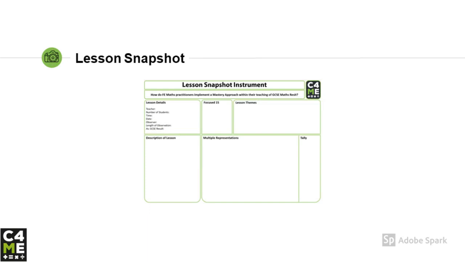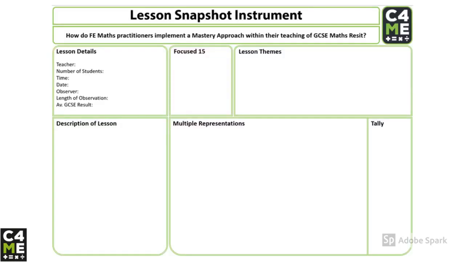Methodology-wise, one thing that we will be taking forward most definitely is the work that we've done on our lesson snapshot. To make sure that any observations that happen when we're gathering data are consistent, the lesson snapshot instrument is used by anybody within the research group who's doing an observation. Data can be collected digitally on an iPad or a Surface, or on a clipboard with a pen and pencil. And then, once they're all filled in, we can start looking for themes and commonalities and areas for further research.